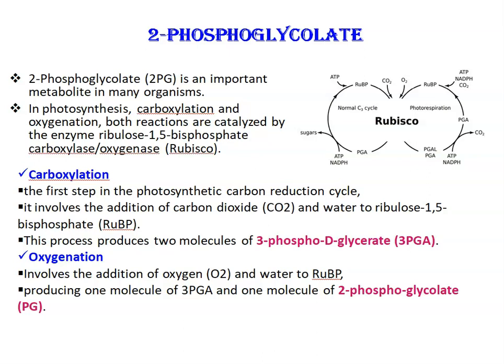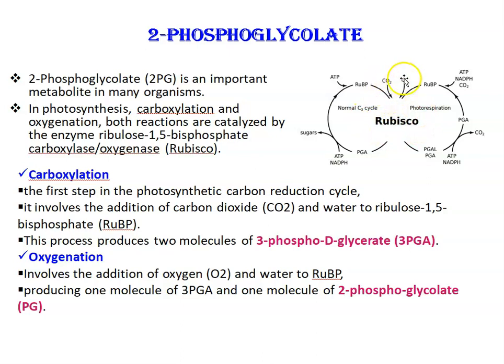In photosynthesis, there are carboxylation and oxygenation. Both reactions are catalyzed by the enzyme ribulose 1,5-bisphosphate carboxylase oxygenase, that is Rubisco. Carboxylation, which is the first step in the photosynthetic carbon reduction cycle, involves the addition of carbon dioxide. Just look at this diagram. Enzyme Rubisco,